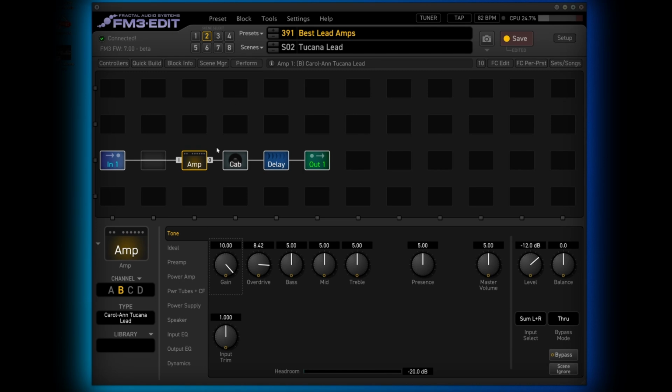Just really great stuff. I've done another video on the Carol-Ann Tucana Lead, but I think it's quite an easy amp to dial in in this context. You just dial in your gain to taste, and the bass, middle and treble sound pretty good where they are. For me, the balance is right. Yeah, so I think just everything at 5 sounds great,